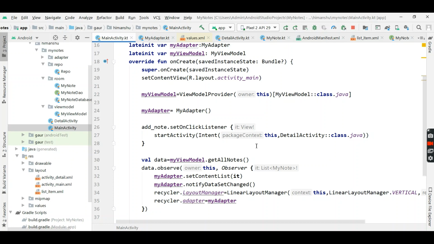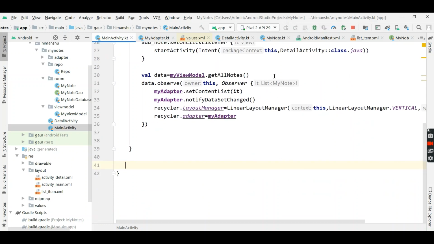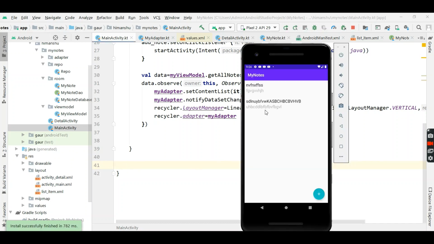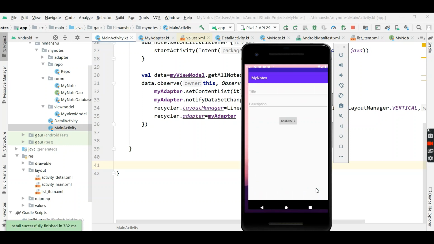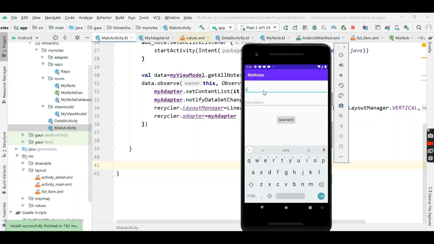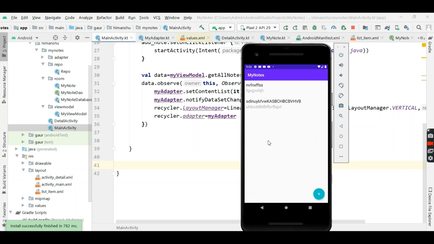Now go to our main activity and run our application. So you can see our application runs successfully. By pressing this, we take some random inputs and save this. You can see our app does not crash, but our recycler view is not updated.